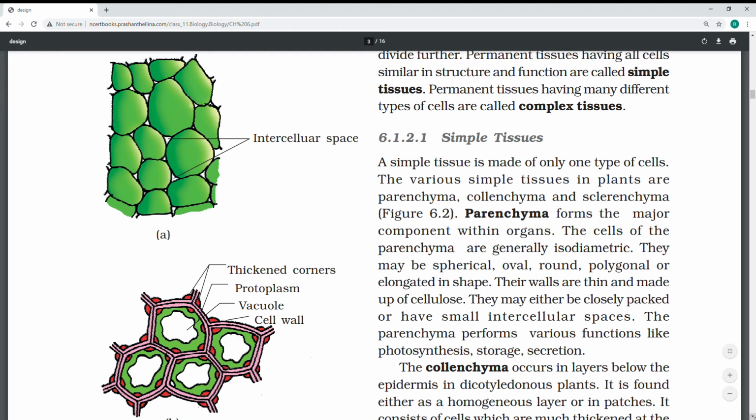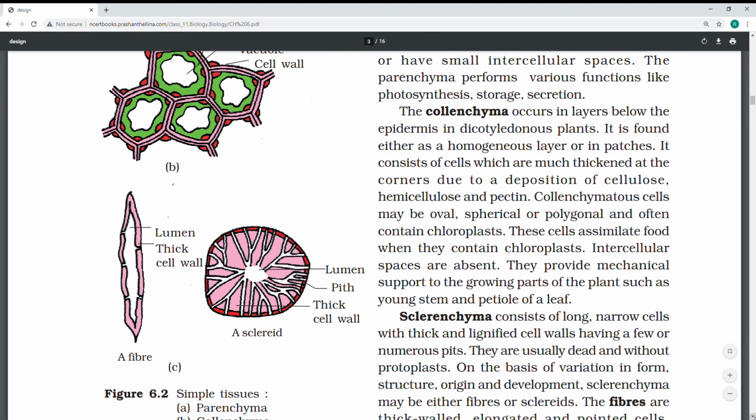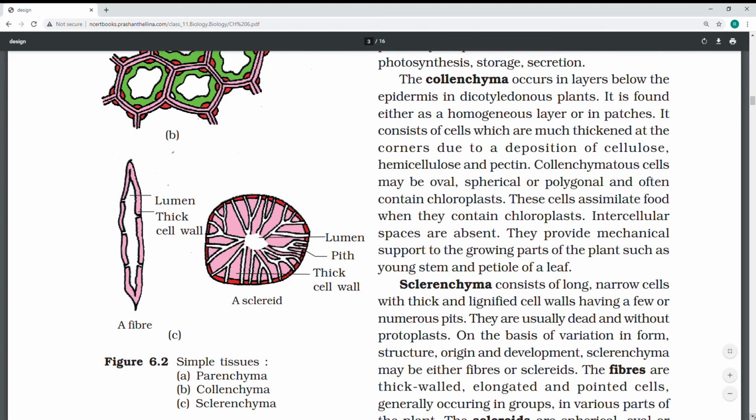Again, they are differentiated into three types, of which chlorenchyma is in leaves, palisade and spongy. You will learn this in monocot leaf and dicot leaf, and there you will understand. Parenchyma also is present in plants in water to float in the water; the buoyancy cells which are helpful for that are called parenchyma. So you see the diagrams, where they have given parenchyma, collenchyma, sclerenchyma.